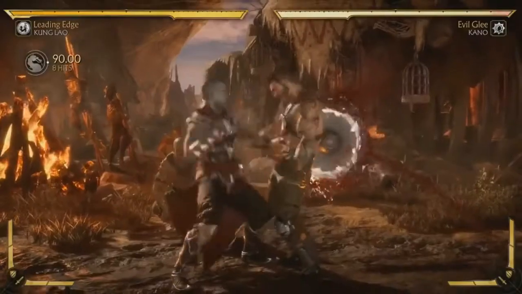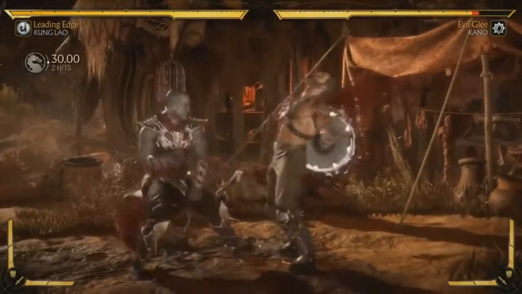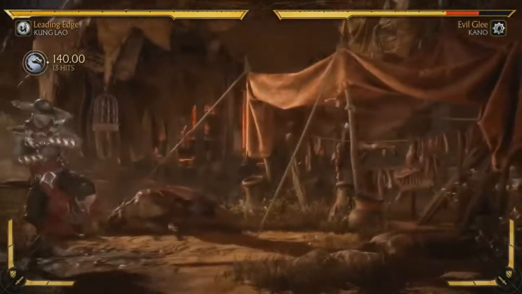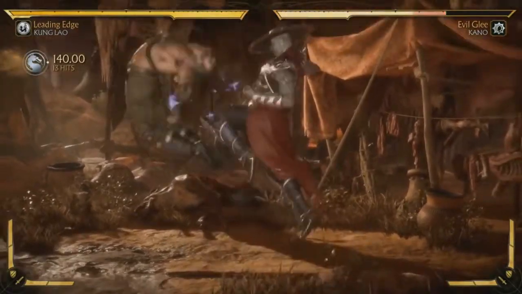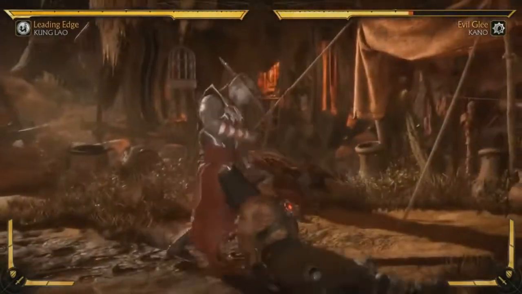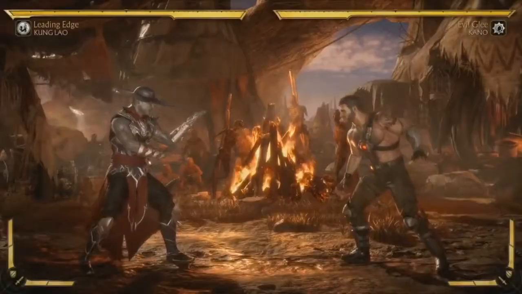Kung Lao's throws are great in this game. Oh, do it again. Sorry. Again. Yep. How many hits is that? 14? Good old 14 hit throw. And 13. That looks fun to do. Yeah. All right, so